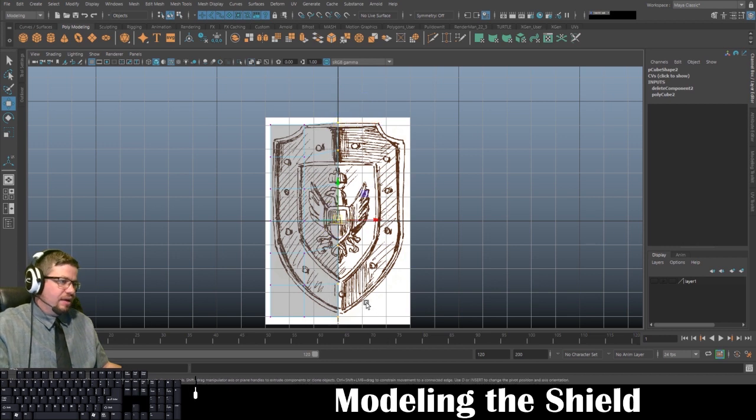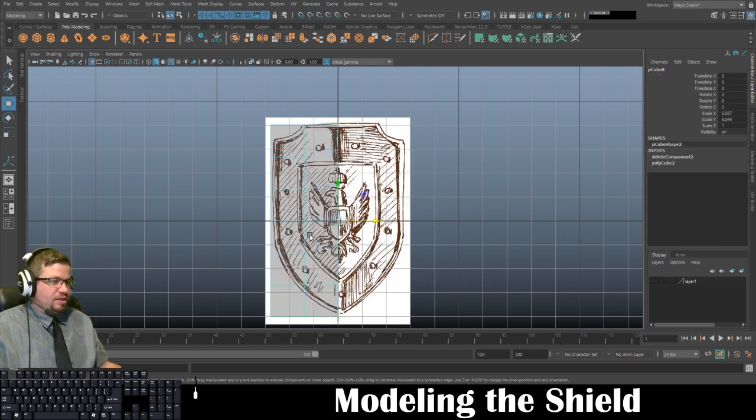Holding X in this case, because I'm only moving the verts, you'll see it snaps just to the grid points, and I want it to be right here in the center, as well as my pivot point. Now, with that being